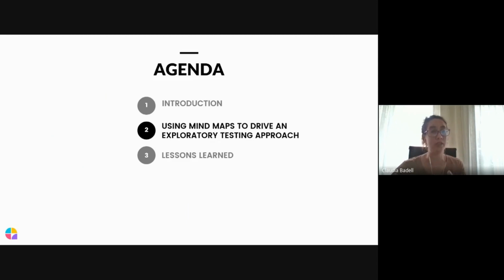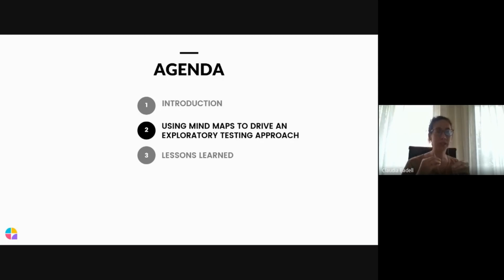And in the context of exploratory testing, they are very powerful, and we are going to see why. So I have been applying this approach as a team testing strategy for more than 10 years in different teams.